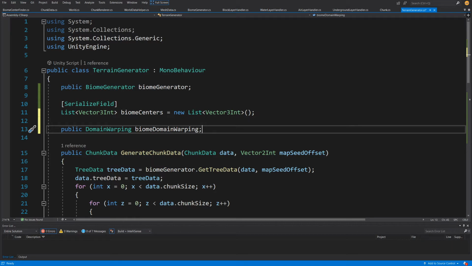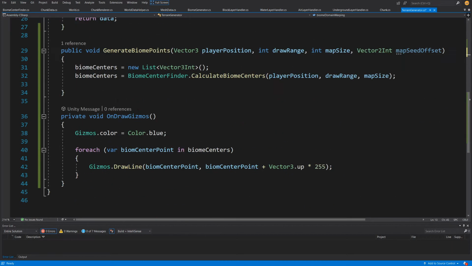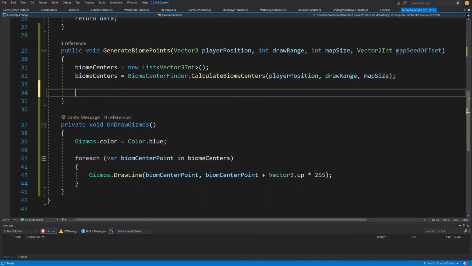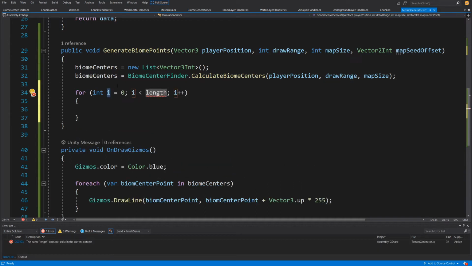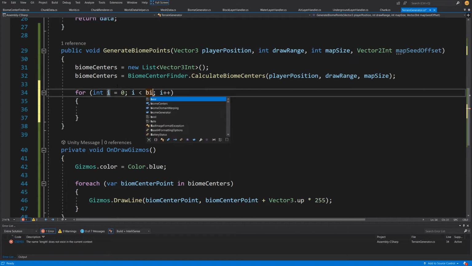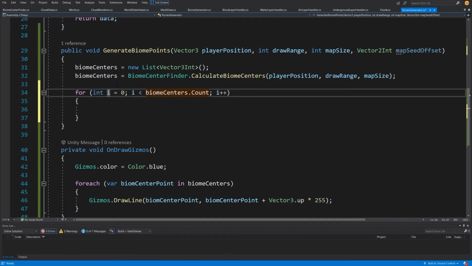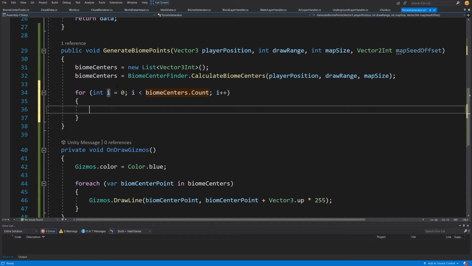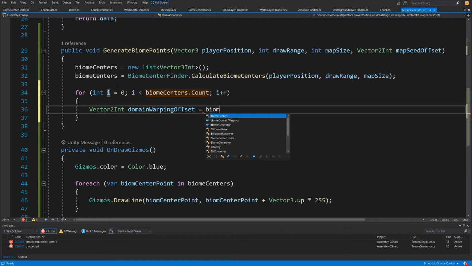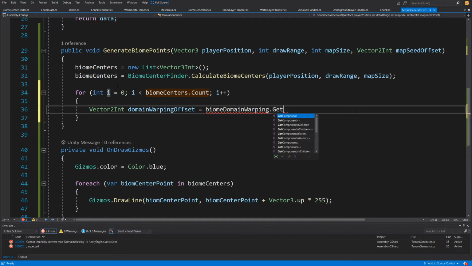And what we can do is simply go to our generate biome points, for tab to create this, i equals 0, and instead of length we are going to type biome center.count. So for each biome we are going to call our vector2 int domain warping offset, and we are going to call biome domain warping dot generate